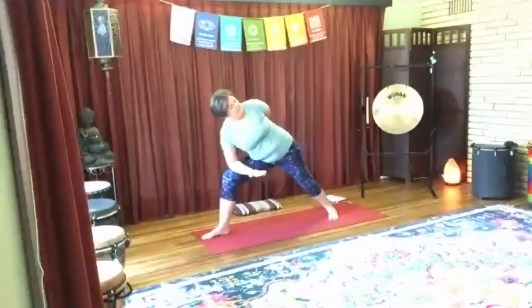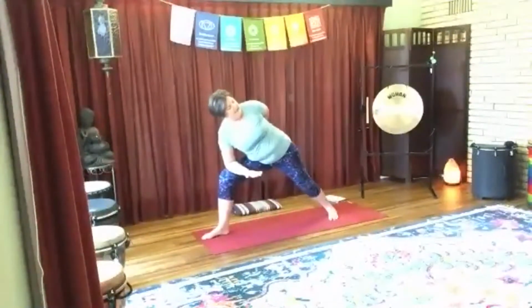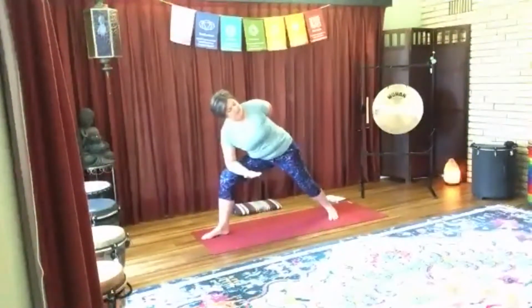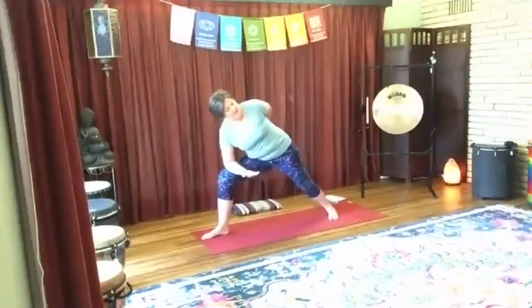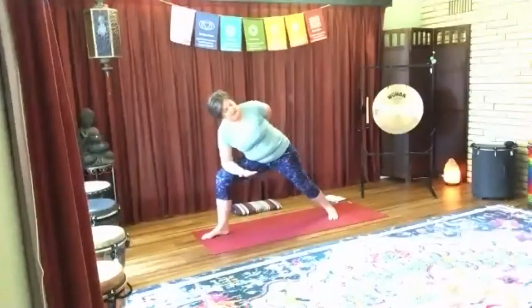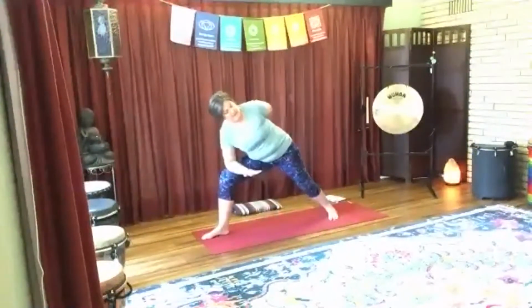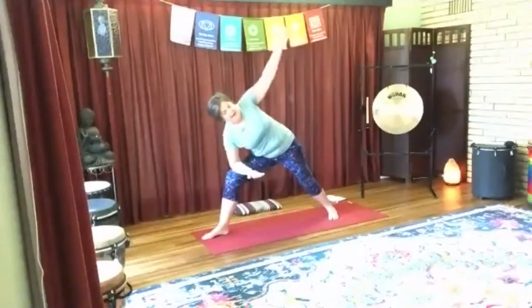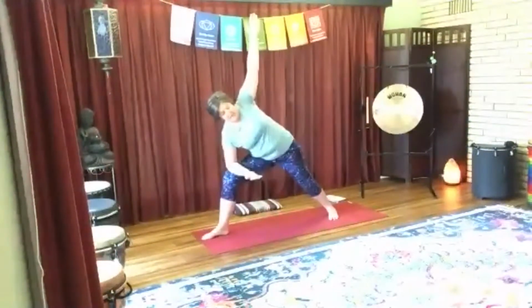Breathing into it. Sinking into that knee. Staying with it, finding your breath. Feeling the heat building. Notice where that core is. Is it engaged or is it on vacation? Just notice. Inhaling, releasing that arm behind you, bringing it back up, reach toward the ceiling again